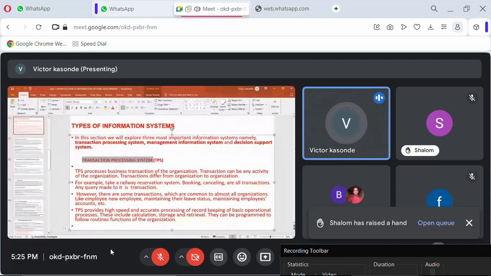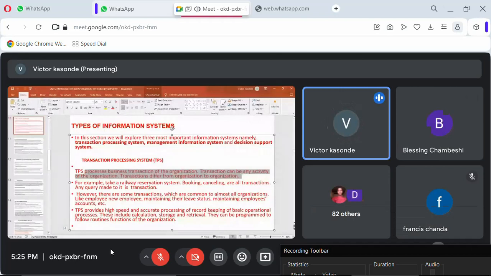It is the business transaction processing of an organization. Transaction can be any activity of an organization. Transactions differ from organization to organization. For example, you can't have the same TPS for